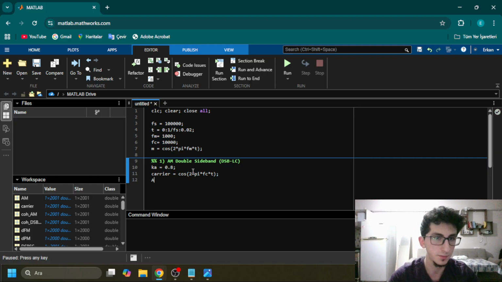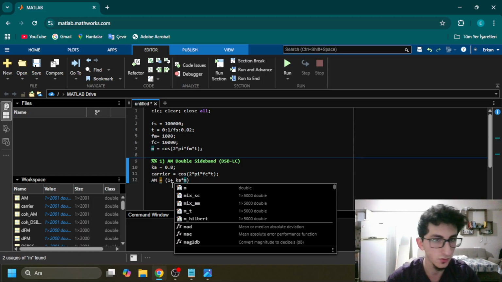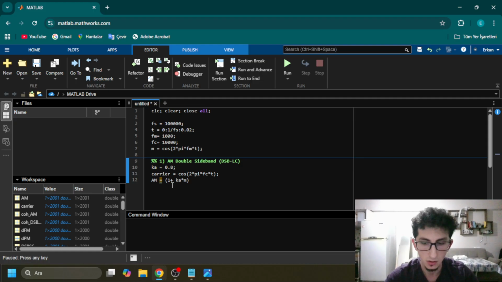And also the other parameter is am equals to 1 plus k times m, which is called message signal, and also carrier. So we make our first step, and we are gonna do second step, and it's gonna be AM